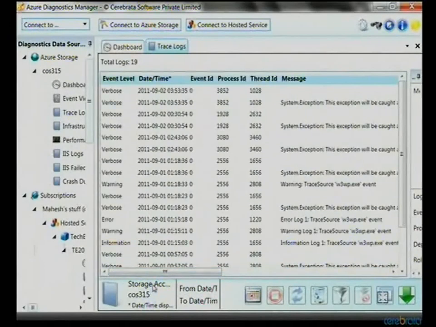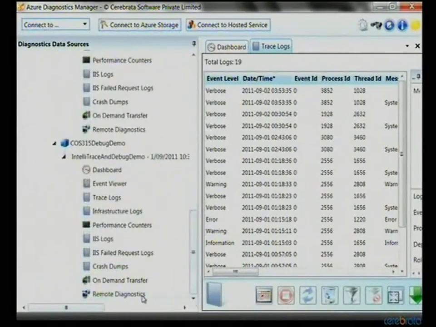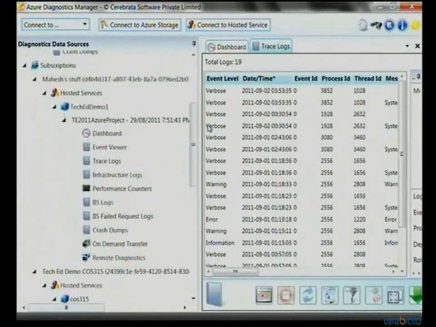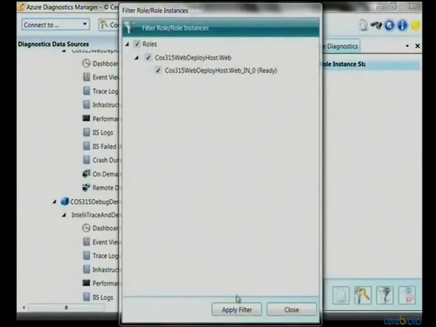It is possible, though, that some of the messages that we typed didn't make it to this log because there's a delay. We can actually configure how frequently you need to grab the data from the trace log and put it into this. You can actually change and update this data. So the way to do it is you go in over here into remote diagnostics, double click on it,